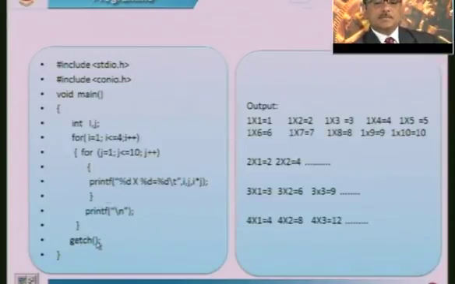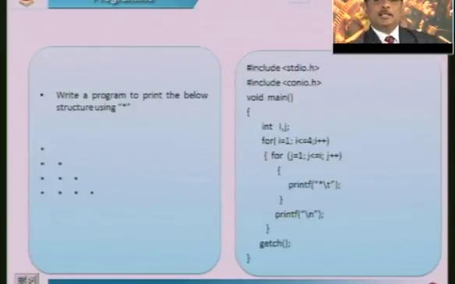So getch helps you, until you press a key, this output will be seen on the computer screen. The corresponding header file for getch is conio.h, and because you are using printf, you are using stdio.h, these two header files. So this is how we can generate a multiplication table using nesting of for loop, one for loop inside another for loop. You can also introduce one more for loop inside. It executes as per the rules of nesting for one with another. So let us move on to understand how to generate this structure.